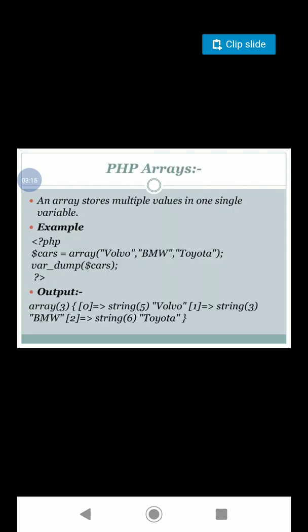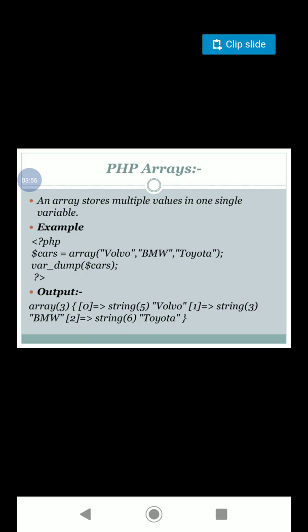So what is an array? An array is a group of values stored under a single variable, and we are creating an array using the array construct, and we are storing the list of values separated by commas inside the parentheses. And var_dump of $cars will give you the output that specifies how many values are contained in the array and what is the value, the data type and the size stored at each position. We are also going to see that the interpretation is in the form of an associative array. The key is the index and the value is the data type along with the length and the value itself.